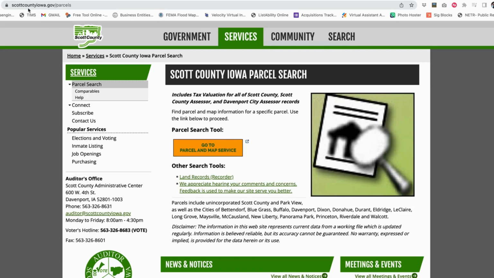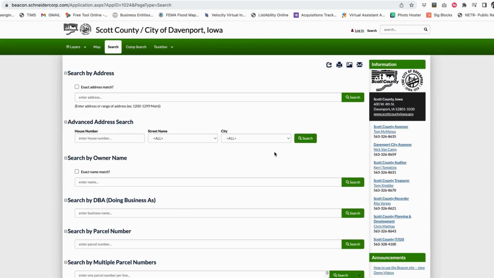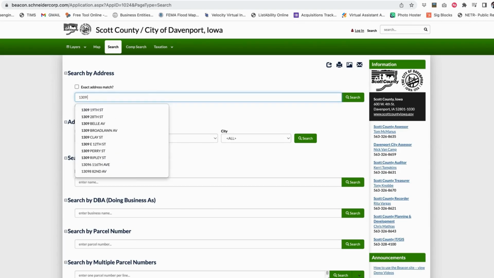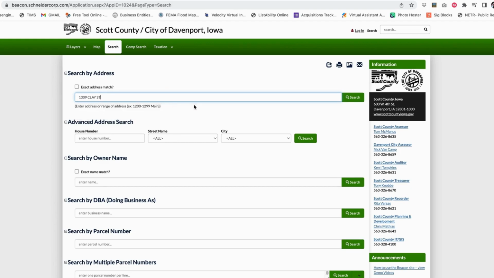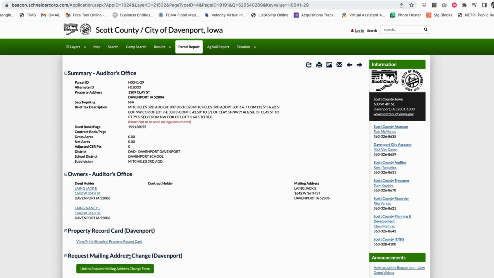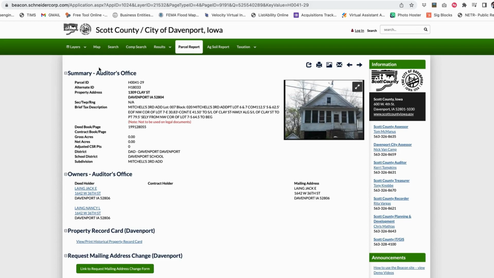So here I am, scottcountyiowa.gov, and then I'm searching for the parcel. You can always Google this if you don't know what the website is for your area. So now I'm going to enter in the address that I want to look up. And you can see there's a couple of different ways you could look this information up. Alright, so now we have the home information,